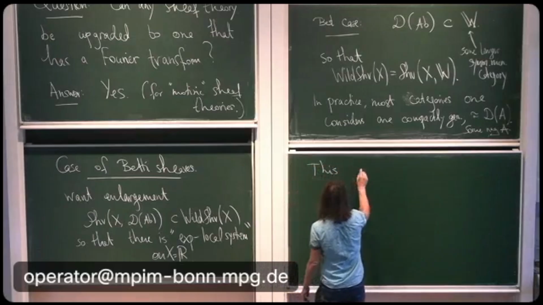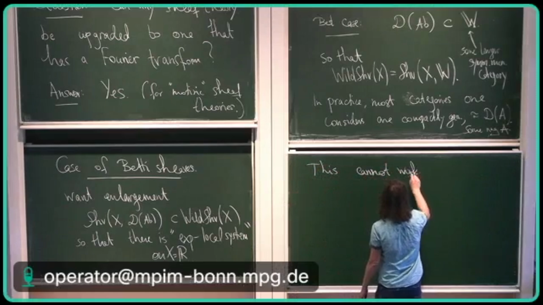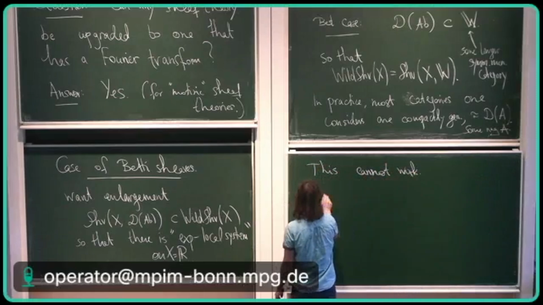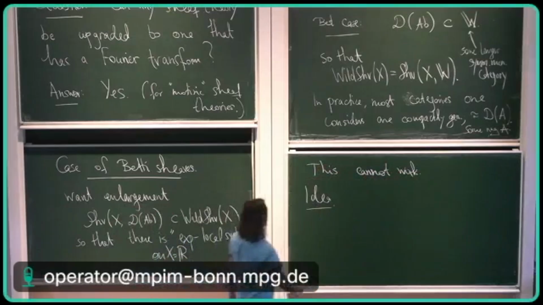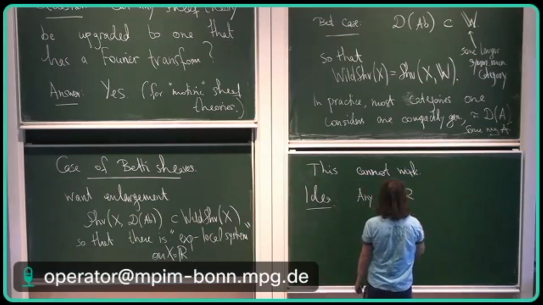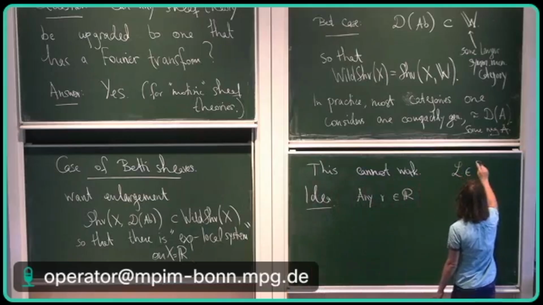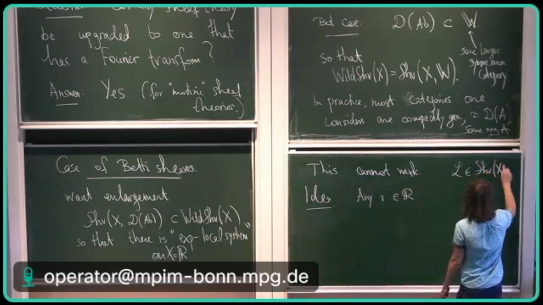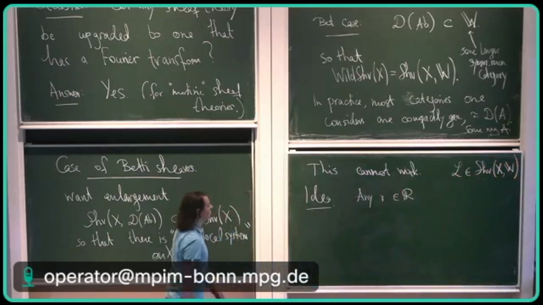So this cannot work. I don't want to give you the precise argument, but here's the idea. Any real number, so if you have this non-trivial local system, this kind of wild local system on the real numbers,